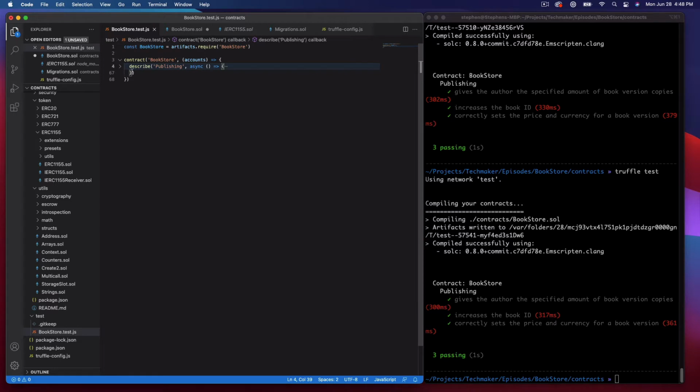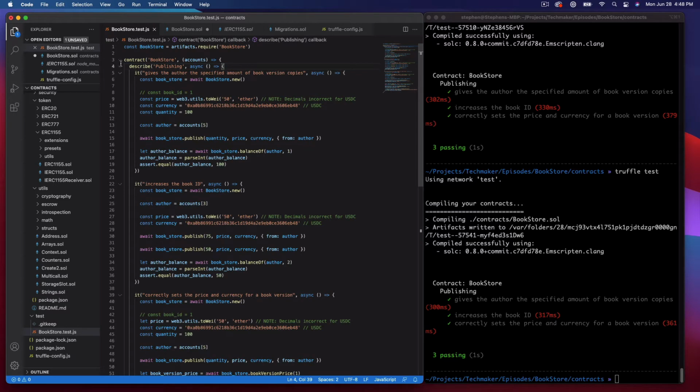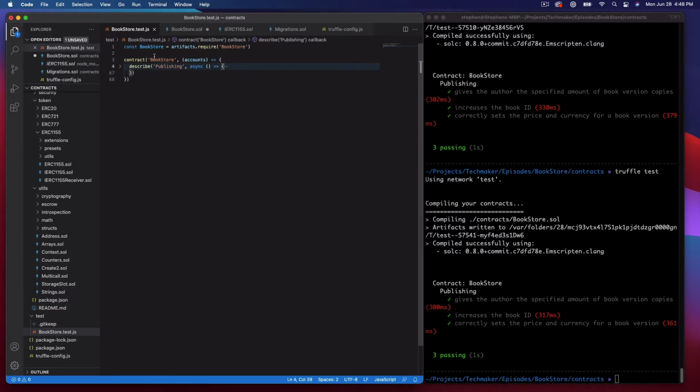So I'm going to close that in my text editor so that we don't see publishing anymore. And basically what I want to do, and again, I'm going to write some stuff that doesn't exist yet. So that's kind of a workflow. If you've not done it before, it can be a bit weird, but hopefully you'll get the hang of it. So let's come down here. I'm going to create another describe block. So I'm going to say describe